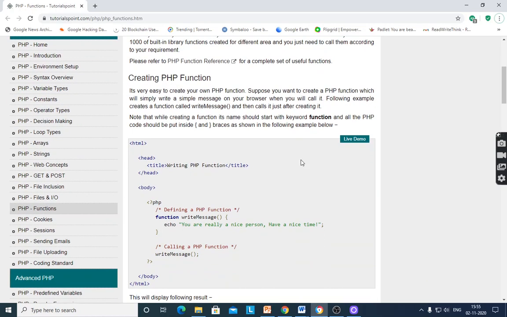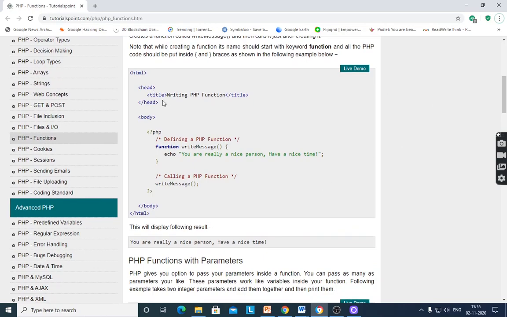Creating a PHP function. See the example of how to create a function in PHP. Here, one heading, writing PHP function, then the PHP tag, and we declare one function whose name is writeMessage. One statement is there: echo you are a really nice person, have a nice time.